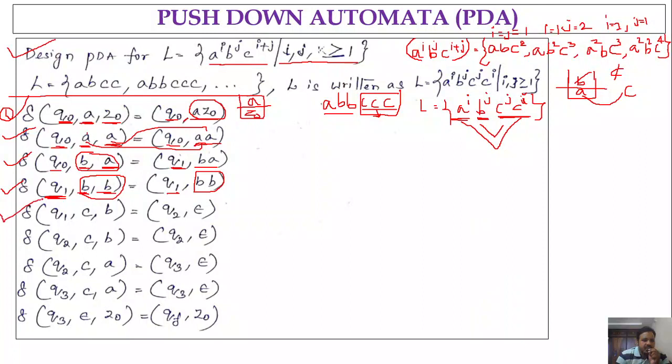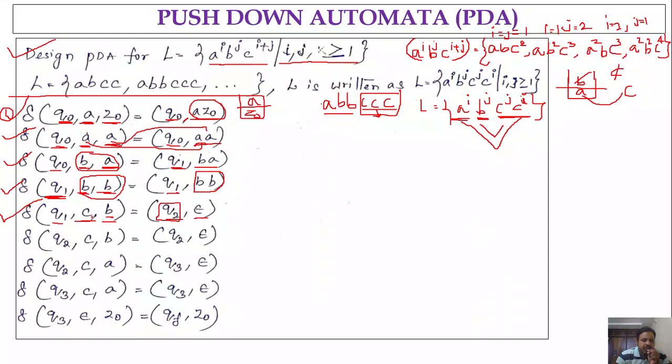If in the state q1 you get c as the input symbol and the top of the stack is b, then what do you do? Simply go to the state q2, and push epsilon. That means the moment we get c, we have to pop the stack. So here in q1 we got input c and the top of the stack is b, so we move from q1 to q2. What is this q2 state? The q2 state specifies that we got c and we are comparing the number of c's with respect to the number of b's.